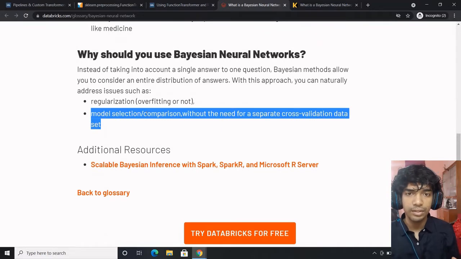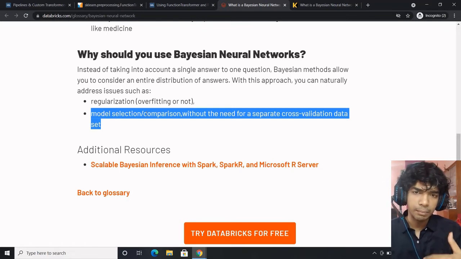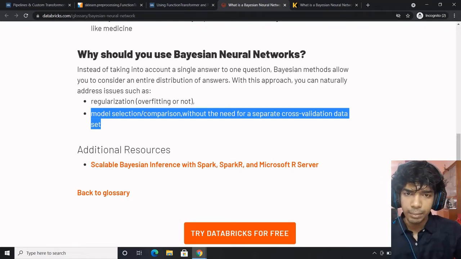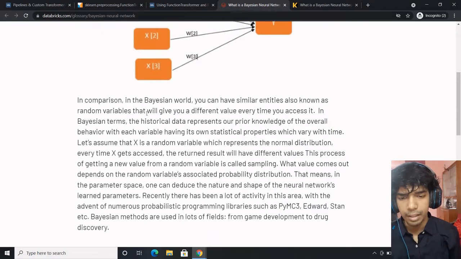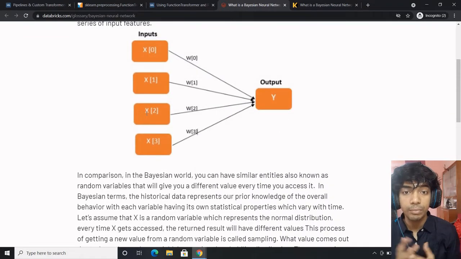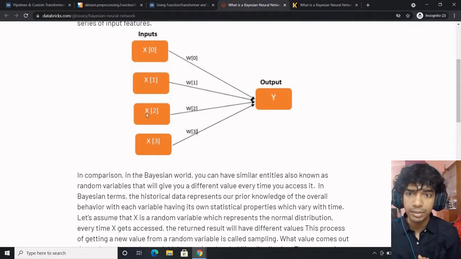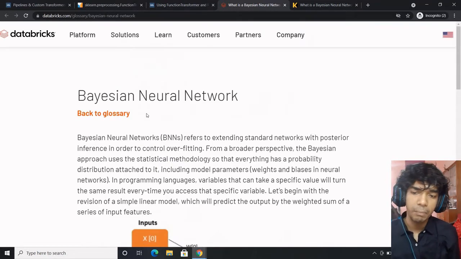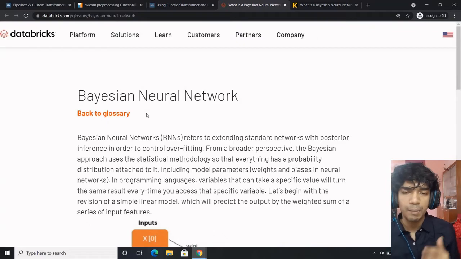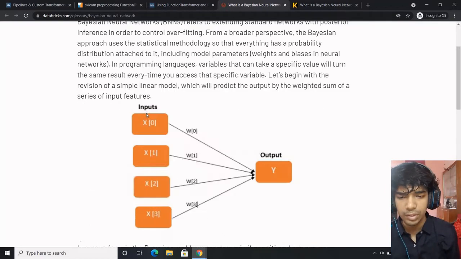So Bayesian methods, we started machine learning with naive Bayes. Although it gained huge popularity, it was only from a theoretical perspective, right? In theory, you talk about naive Bayes, but you never actually implement it as one of the most used models. Yes, it is implemented in spam or ham, those kind of things, but it's the least discussed thing. However, it was one of the most brilliant and the starting point of the machine learning world. And I think here we are again starting off with Bayesian neural networks. We are about to discuss probabilistic models, and this is what the probabilistic model is about, Bayesian neural networks.